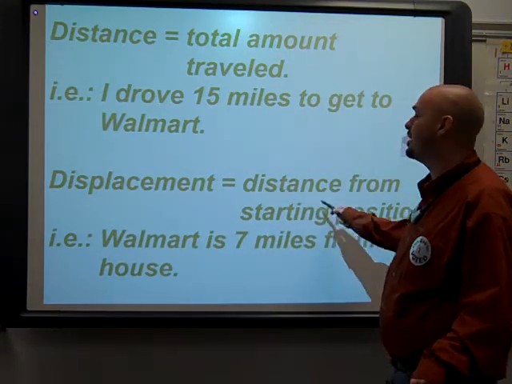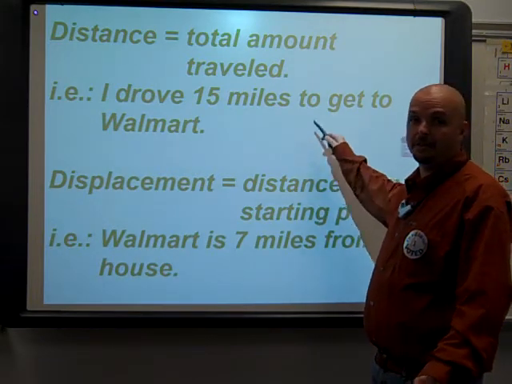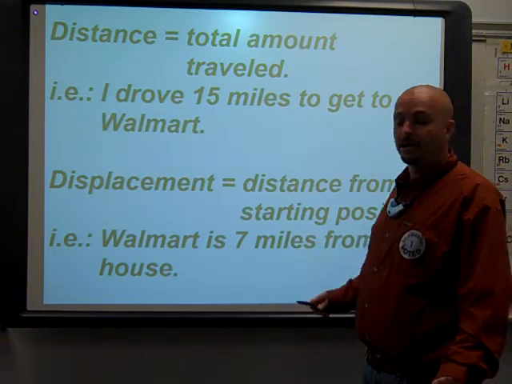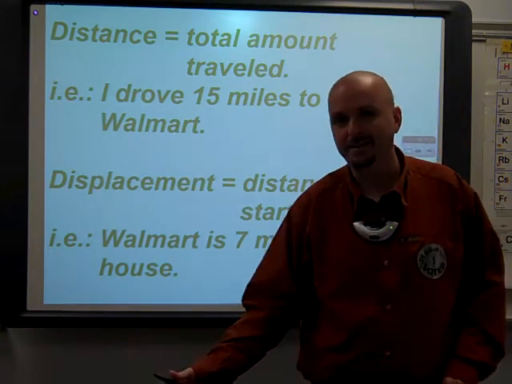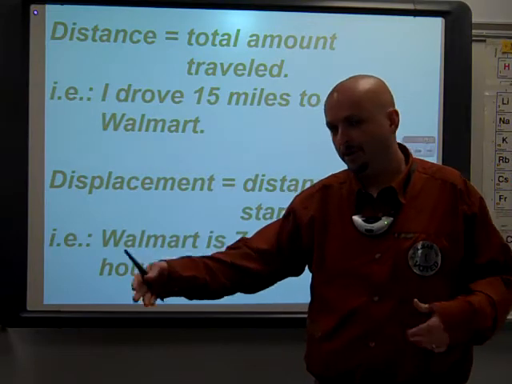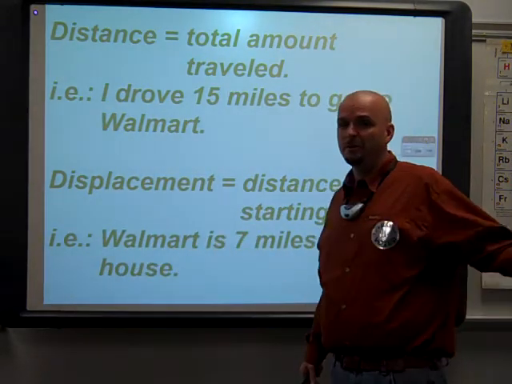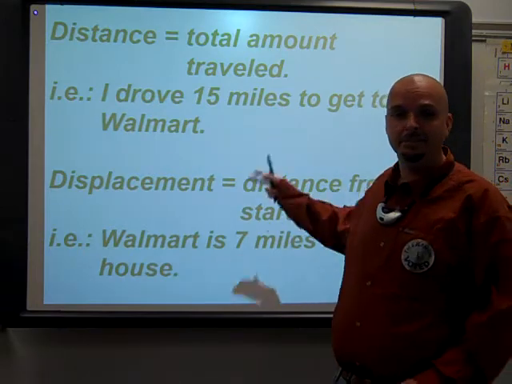And again, velocity is based on displacement, not distance. Most of the time, these things are two very different numbers. If I roll a ball across this table, my distance and displacement will be the same. It's a short distance. I can go in a straight line from one place to another. But if I want to leave my room and walk to the office, my distance and displacement end up being